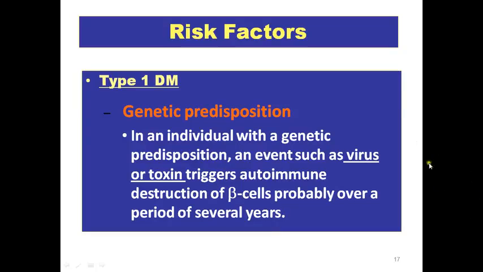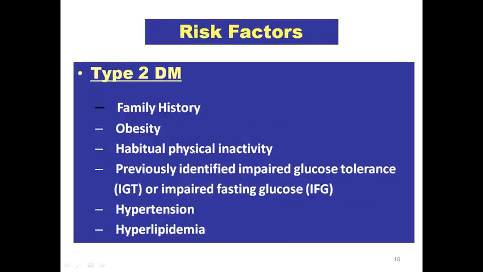Risk factors: genetic predisposition in type 1, and then virus or toxin exposures can lead to this. In type 2, family history is important, as are obesity, physical inactivity, previously identified